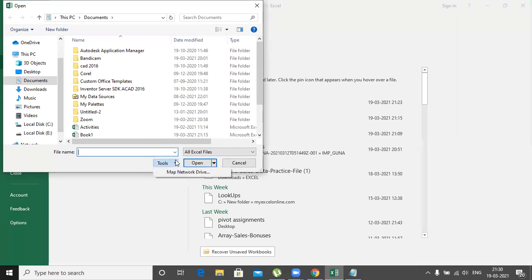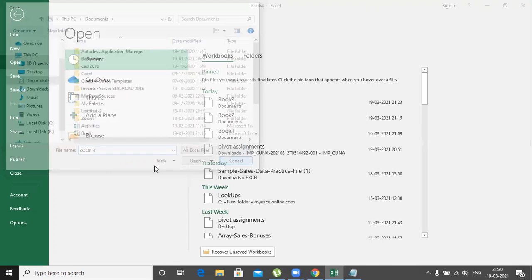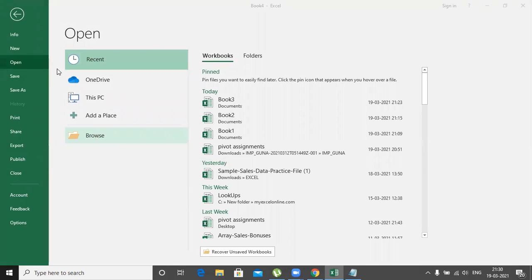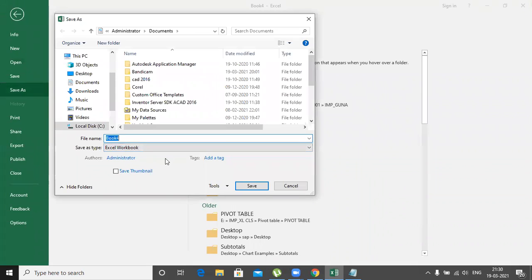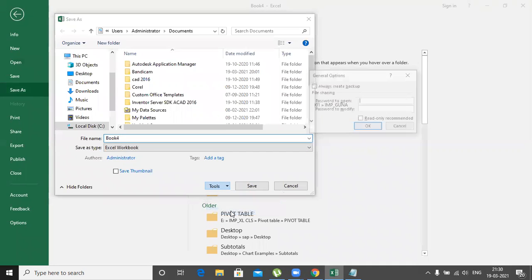Once you worked, enter the password. Book 4. Go to save, browse, and enter the file name. Once you enter the file name, select again general option.